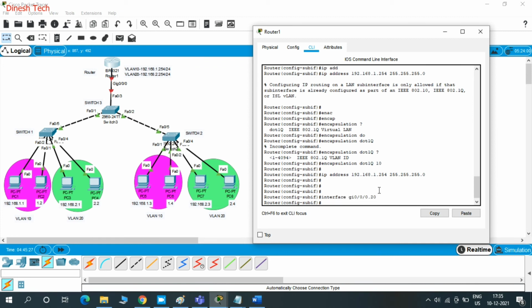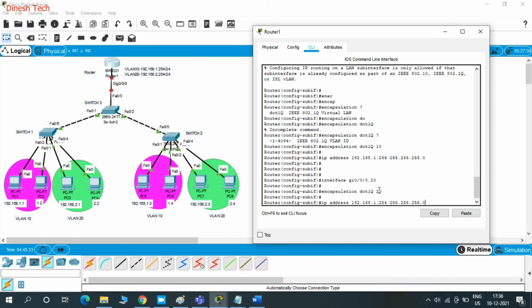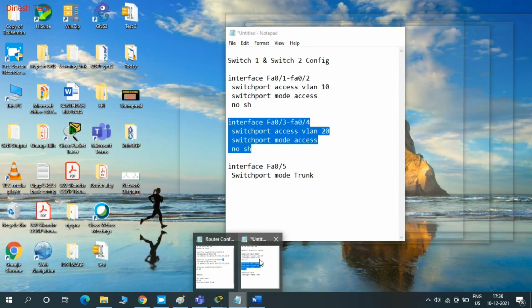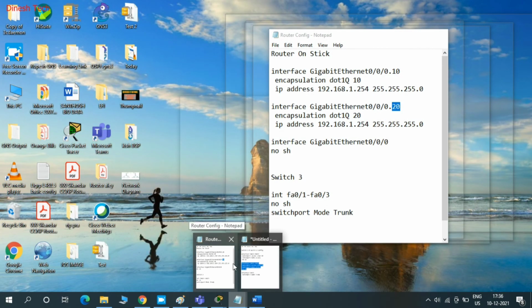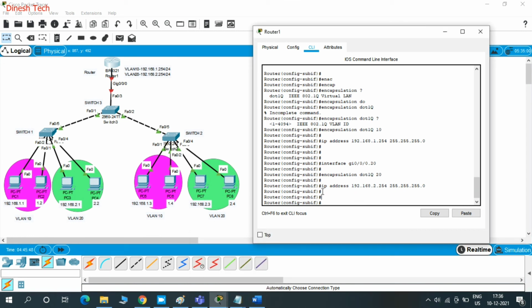Yes, in the same way we'll create the second sub interface .20 and give encapsulation dot1q VLAN number 20. Then the IP address we have to give is 192.168.2.254. Yeah, we have created two sub interfaces now. See, the ports are still not coming up.